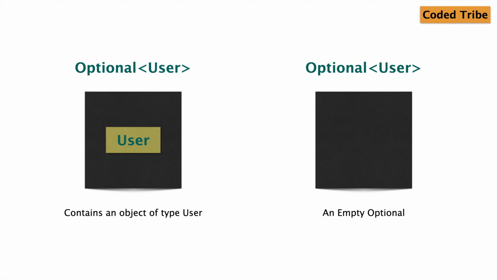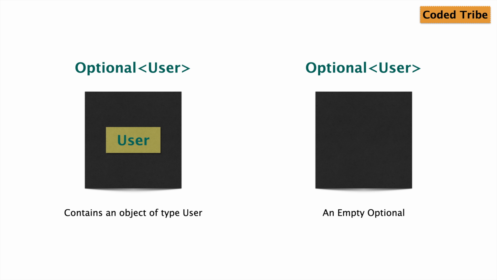With Java 8, we have an option to use the Optional class. So what is an Optional class? Optional basically is of two types. The first one can have an object of whatever type we define, whether it's a custom object, a string, or any integer or long. The other one is an empty Optional object. So that will be of type user, but it might not contain any value.